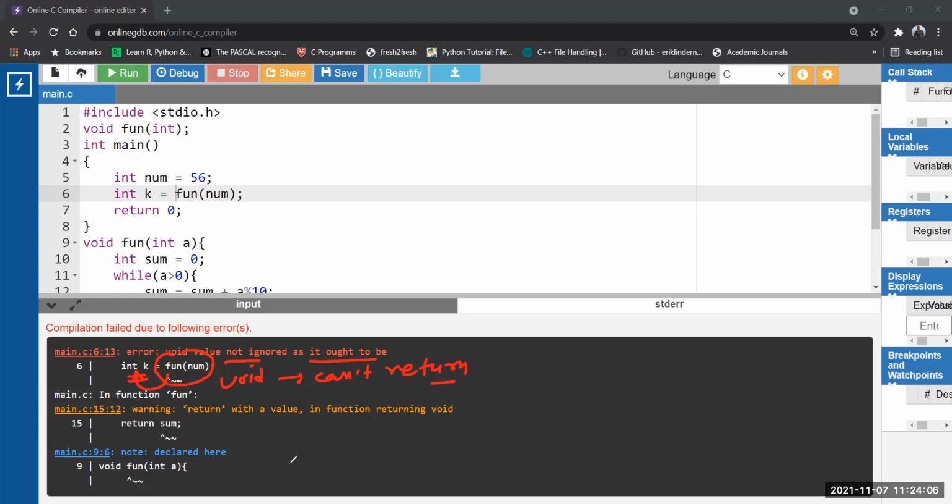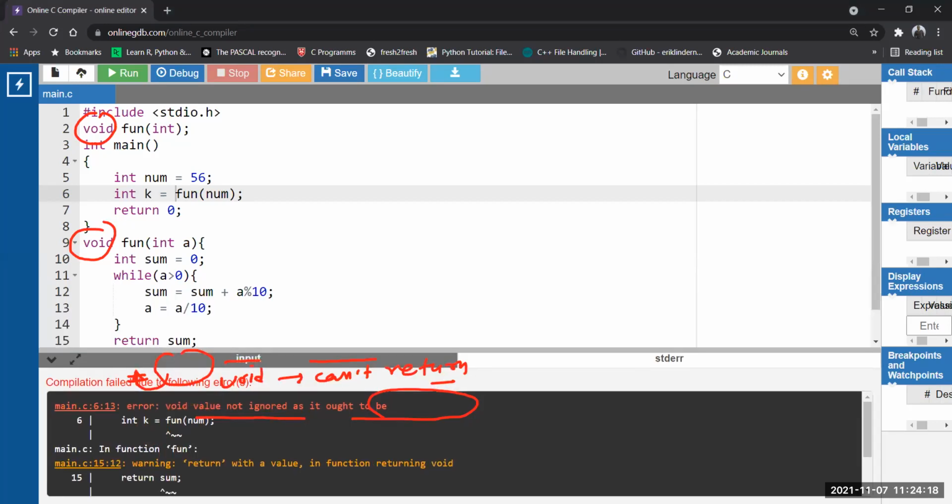Okay, so warning: return with a value in function returning void. The function is void, and you are returning. Okay, not allowed. Clear? Got the idea?